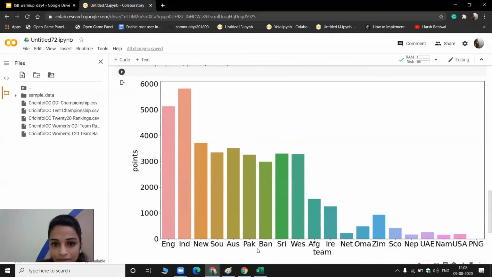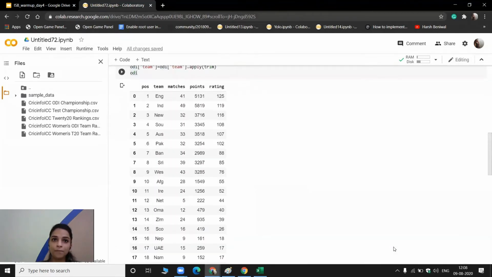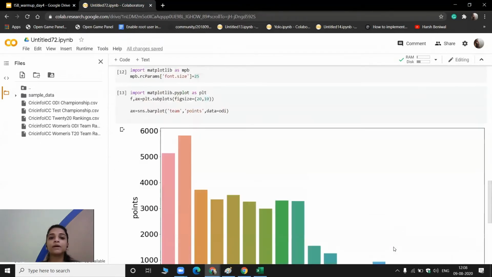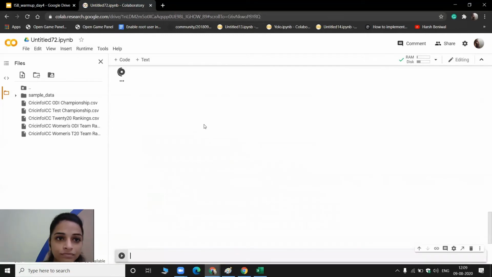After that, we have Pakistan. After that, we have Bangladesh. After that, we have Afghanistan, Ireland, and Zimbabwe, and things like that. When you're getting the same table, of course, you can see those things from there also. But when I'm showing you this particular graph, it is much easier for you to understand that these countries are in the first, these in the second, these in the third position and things like that.